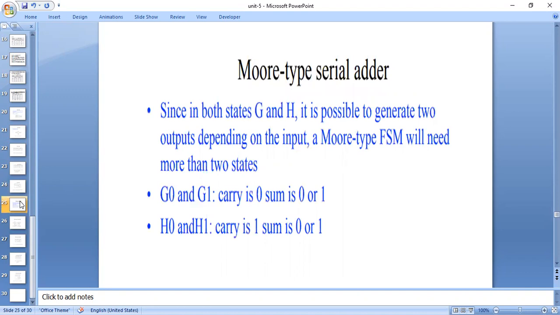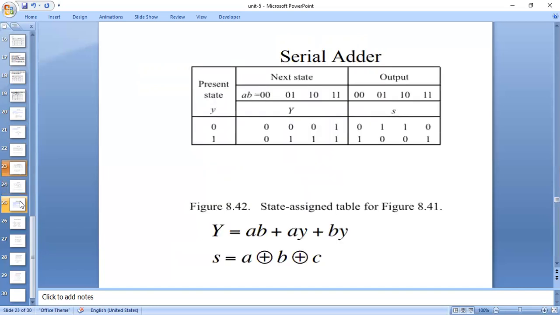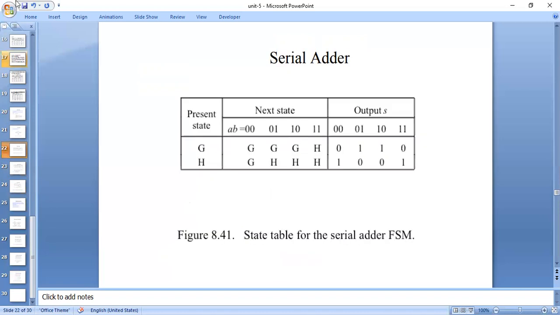And how can we draw the Moore type serial adder? In a previous class, we discussed converting the Mealy machine into Moore machine and Moore machine to Mealy machine. In the same way, here we know the Mealy type state table or state diagram for the serial adder, and from that state table you have to convert that Mealy type serial adder into Moore type. Okay, so how can we convert this Mealy type serial adder into Moore type? Simply from the state table, see here how we are converting. In Moore type we have 3 columns. What are those?